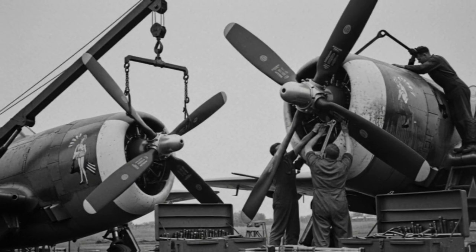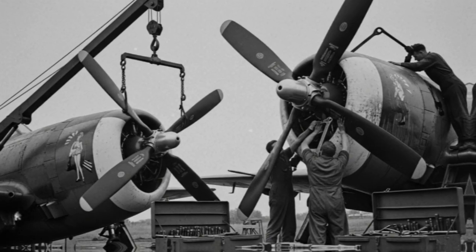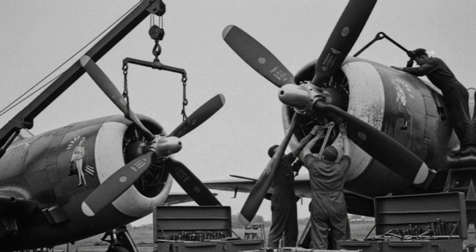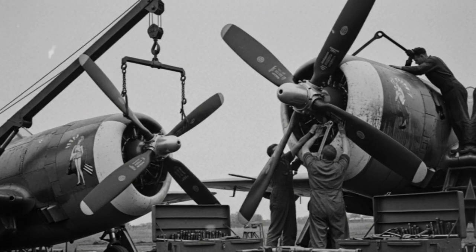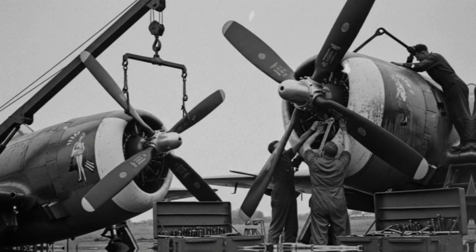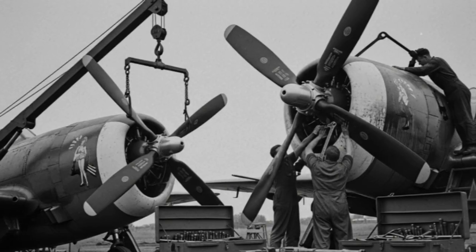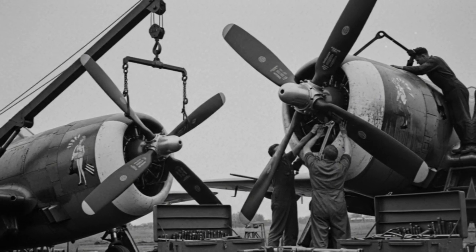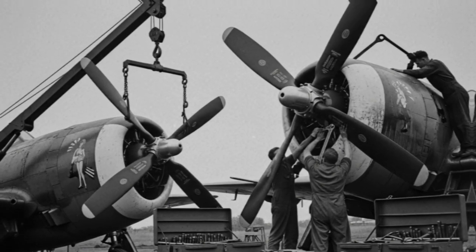Word spread instantly. Other groups, the 4th at Debden, the 78th at Goxhill, lined up their aircraft for the modification. What began as a factory fix quickly turned into a field conversion program, with depot mechanics replacing thousands of blades right on the flight line. Some installations happened in the open, with engines still warm from returning sorties. The men working the wrenches did so under pressure. The 8th Air Force needed results